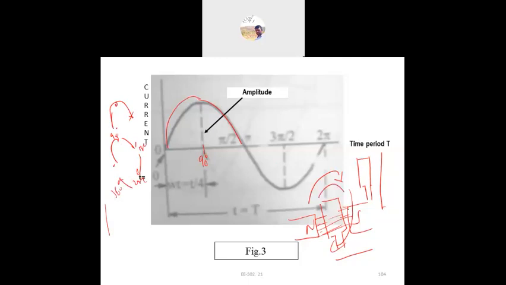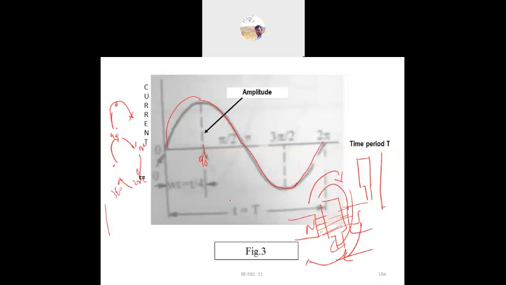In the 180 to 360 range, the induced current is in the opposite direction. The EMF is also high but in the reverse direction at the point 3π/2. Then, as the angle varies from 270 to 360, the induced current also reduces, up to 2π. This is how the amplitude varies.